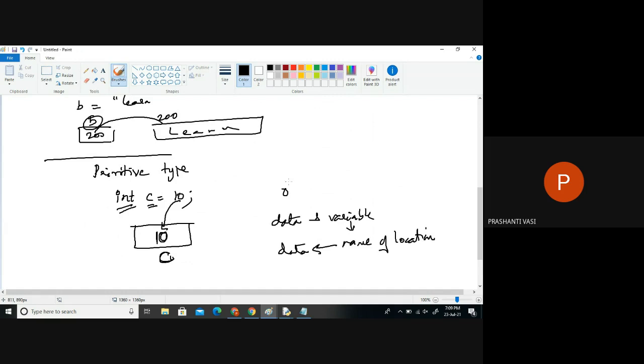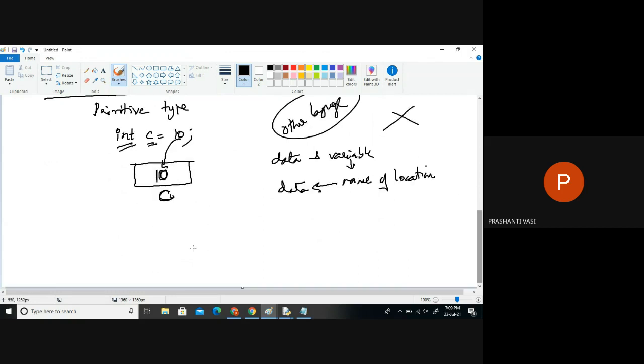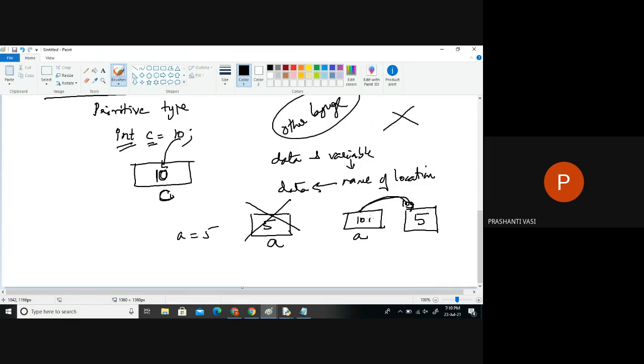This is in other languages, not in Python. In Python, we don't see this concept. Whenever we write something like this in Python, it is not creating one cell and it's not storing the data there. It is not naming the cell as A. This is not the concept in Python. In Python, these are two different entities. Information will be loaded somewhere physically on the machine and its address will be saved immediately in some other location. That is a variable. So this A is now pointing to which data? 5, whose location is found in the A variable.